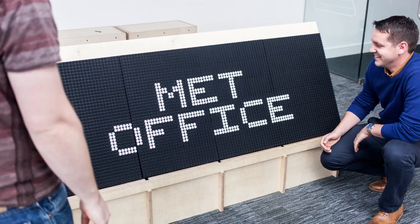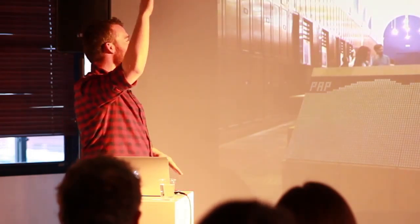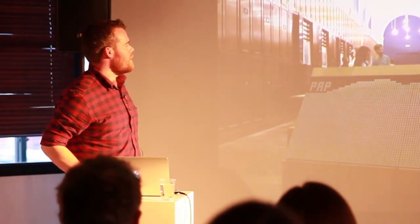And this is it as we were setting up at the V&A, with a cheeky cameo from Verity, I think, in that shot. And there was this one location called Pap all the way through it where the data was always like 4.8 meters high waves, and we loved that mixture of the quite flat seas with this one where it was constantly off the top of the display. And we decided not to threshold that out. We decided to keep that in because it was quite comical when it went right past the text